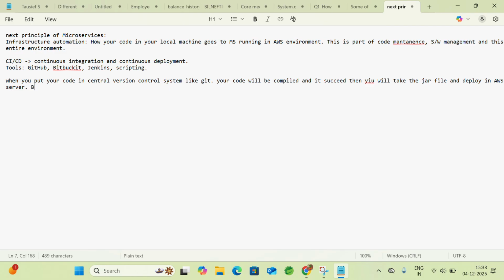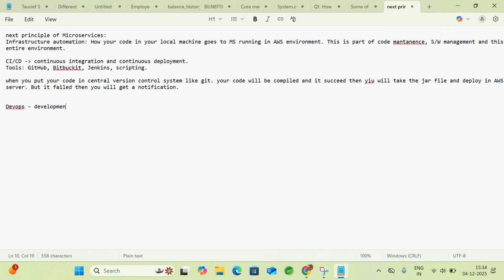But if it fails, then you will get a notification, a mail, or whatever way you get notified, that this compilation has some issue and is not compiled well. So in this way, if it is a success, you take the jar and deploy it in AWS. For this purpose, we must have DevOps,